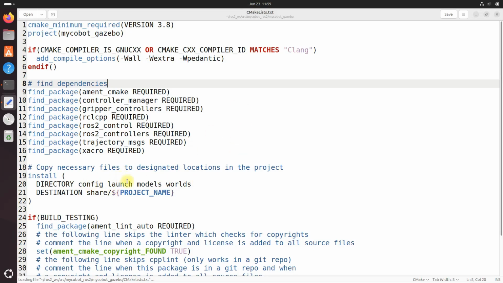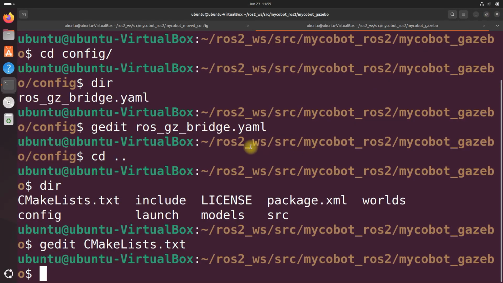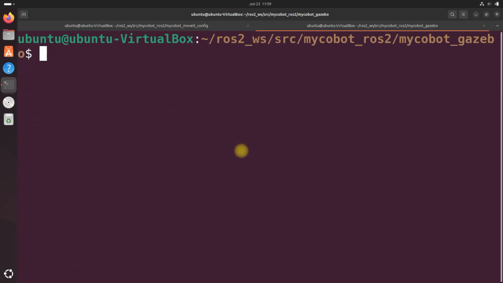And we've got config, launch, models, and world, as we should. That's looking good. Now let's edit the main launch file to bridge the 3D point cloud topic over from Gazebo